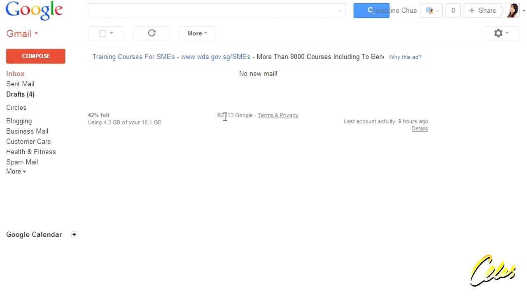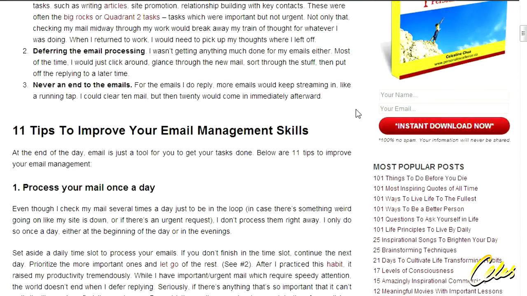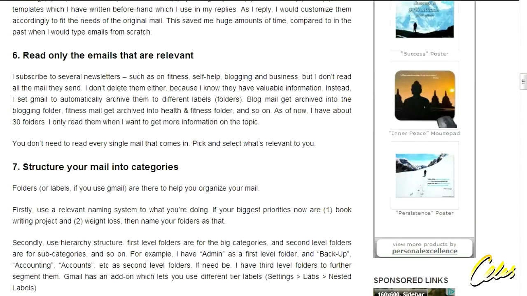So that's it. I hope you have found the 3 tips useful. I have an article on 11 simple tips to effective email management, where I share my best tips on how to manage your emails effectively. So you can check it out at